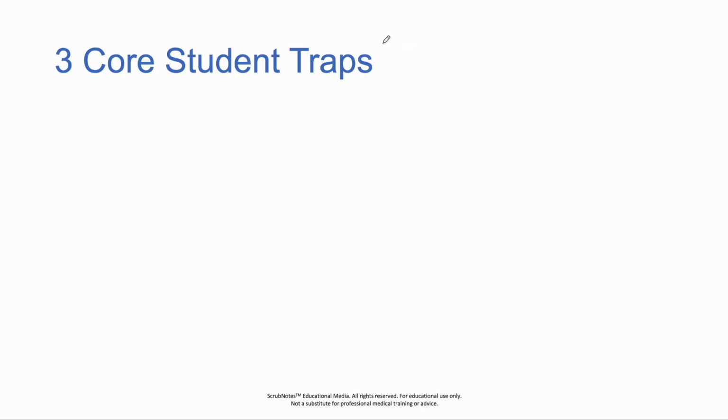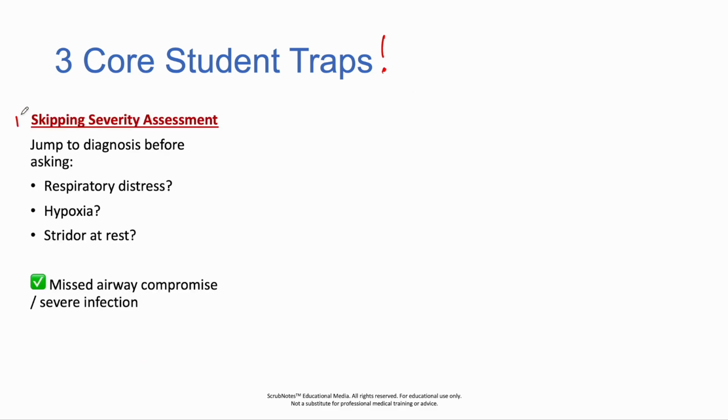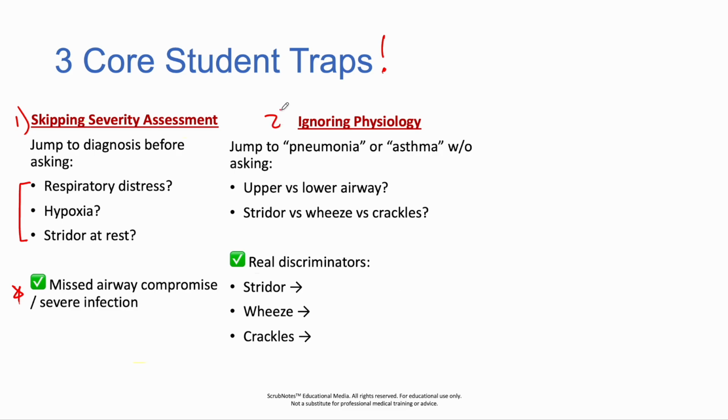Before we finish, here are 3 common mistakes students make with a cough chief complaint. First, skipping severity assessment. If you don't assess work of breathing or stridor, you can miss an airway emergency. Second, ignoring physiology. Not distinguishing stridor from wheeze from crackles can lead to incorrect diagnoses. And third,